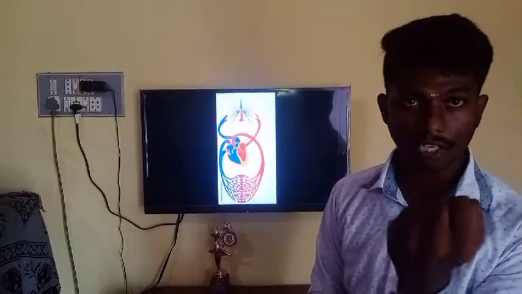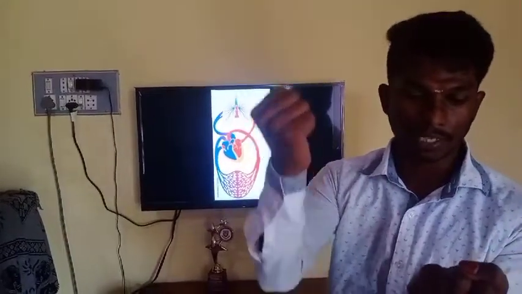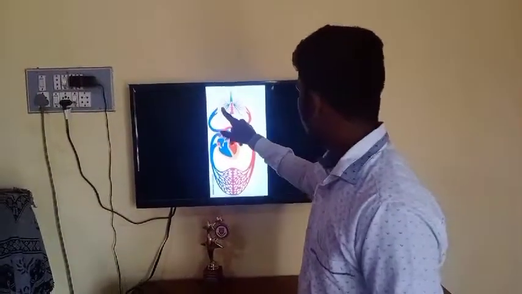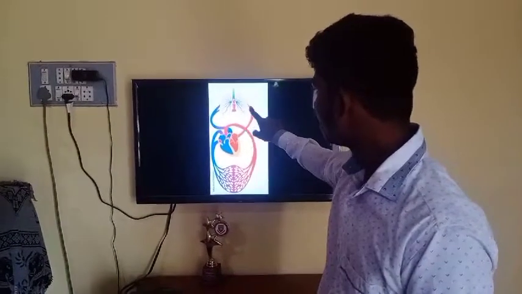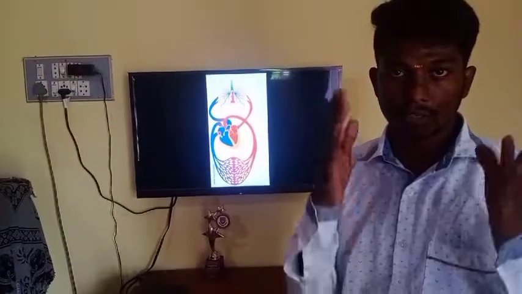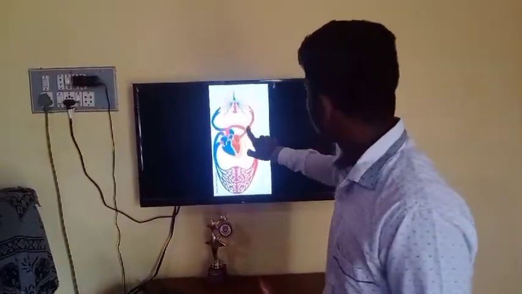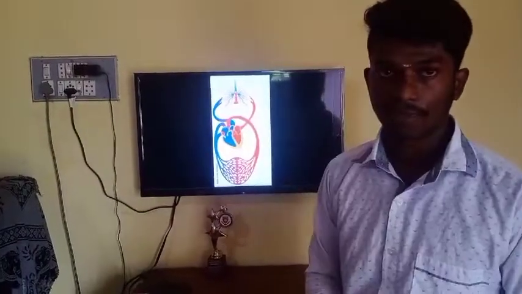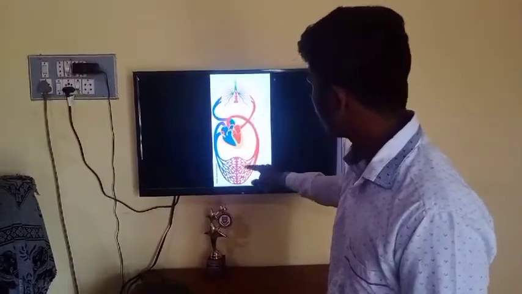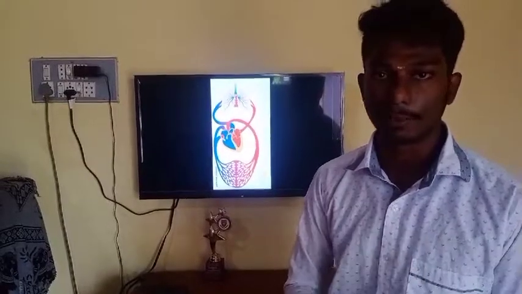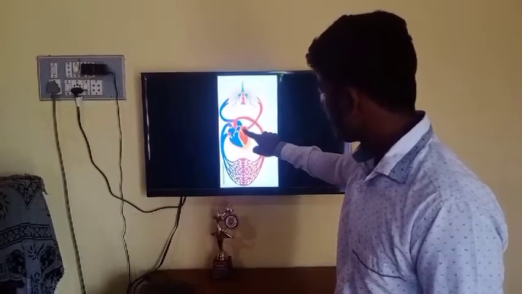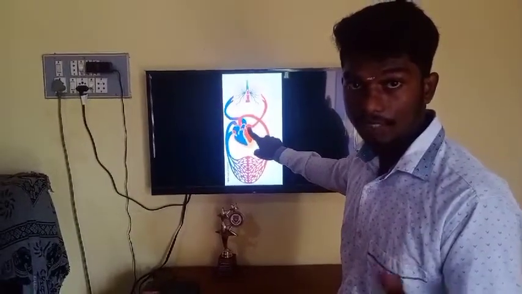Let us take this as a hemoglobin protein. This is an oxygen molecule. It binds to the hemoglobin molecule and takes it to these arteries. Here the arteries consist of oxygenated blood. The oxygenated blood is again transferred to the left atrium, because if one side pumps out, the other side pumps out again to the internal organs to continue this process. If this oxygenated blood enters into the left atrium, this is the left atrium.